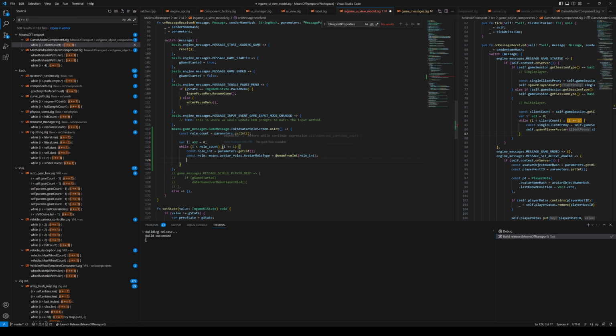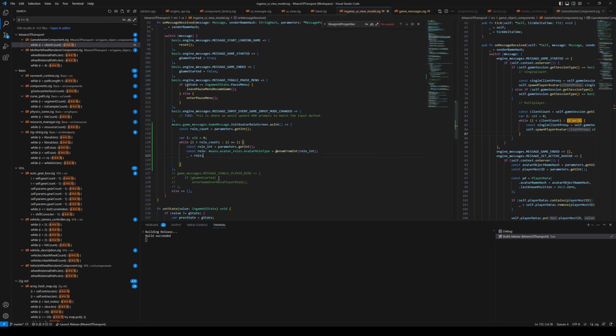Why is it being sad? Oh, it needs... Yeah, I don't know how to do loops in Lua clearly. Okay, so now we have the role, and now we can, for example, print the role, which is not really